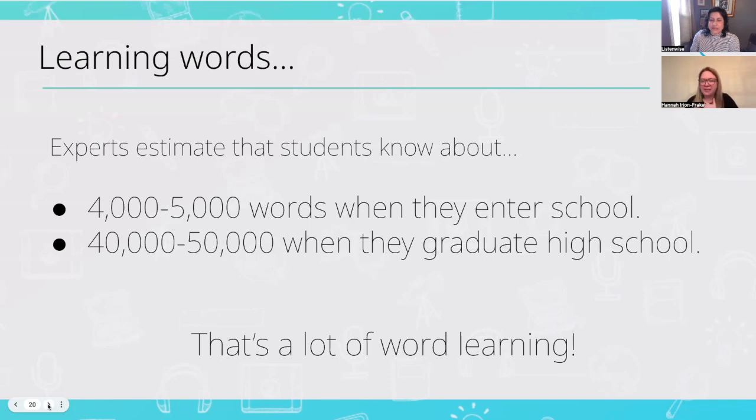And there is no way that they could learn that from direct teaching alone. So we need to have opportunities for students to be exposed to a lot of vocabulary just in their environment. And then we also need to be directly teaching vocabulary words to students. And so in a fairly obvious example